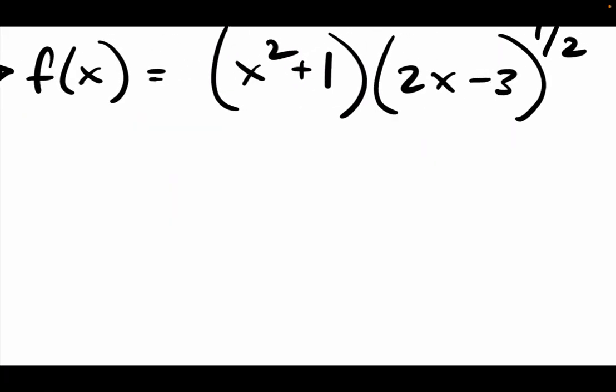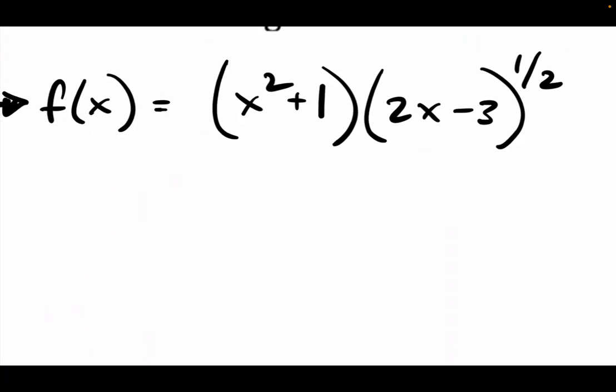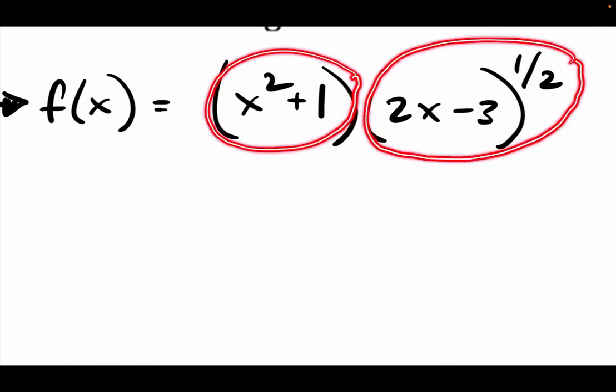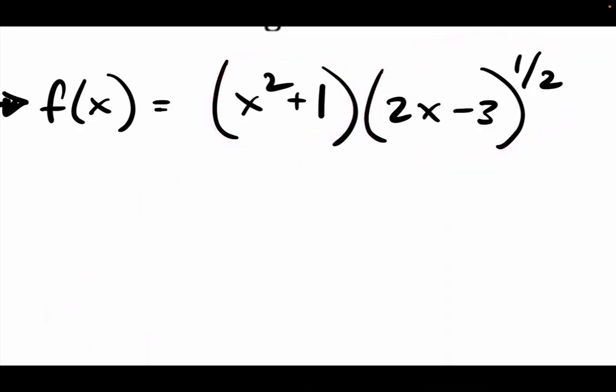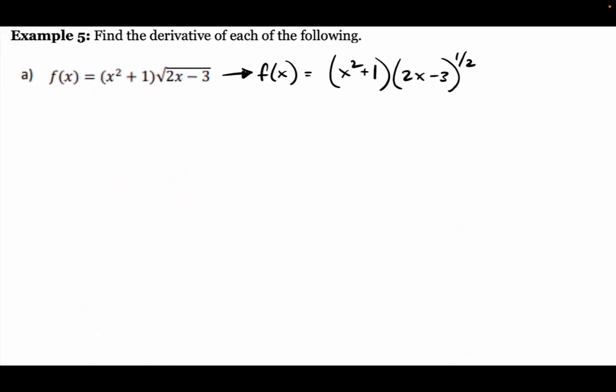Now, how am I going to find the derivative of these two guys? Using the product rule. Why product rule? Because you have this guy times this guy. If you have two things times each other, that's the product rule. So the product rule says the first one repeats. What's the first one? x squared plus 1. Since it's a binomial, I'm going to keep the parentheses around there. Times